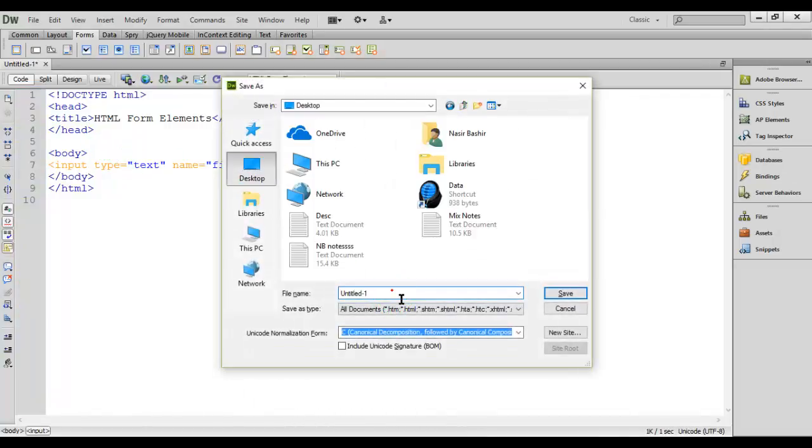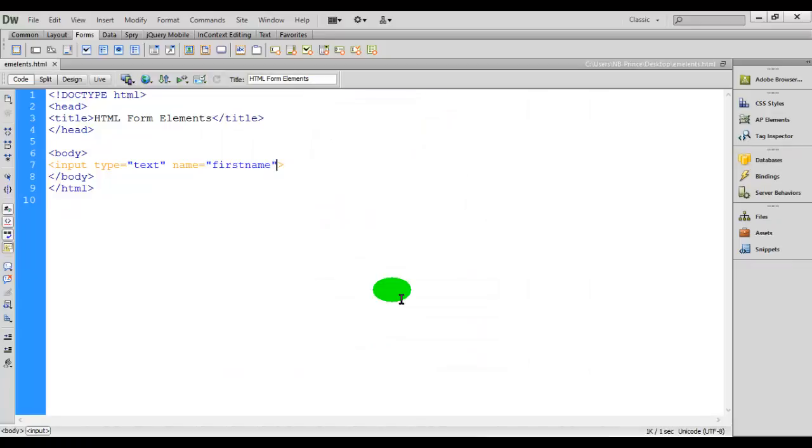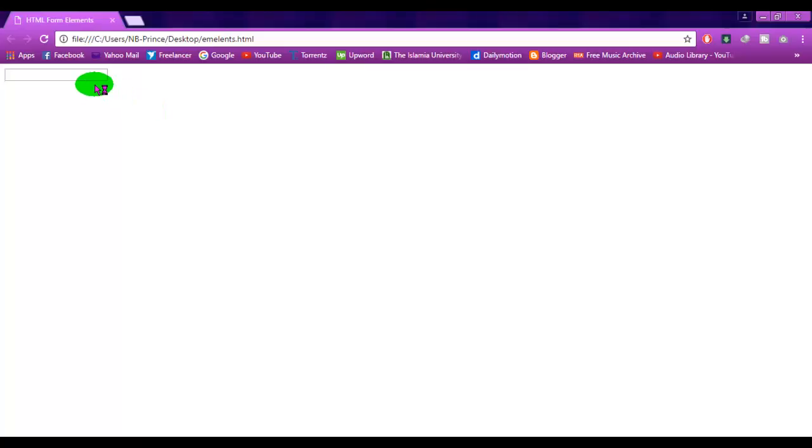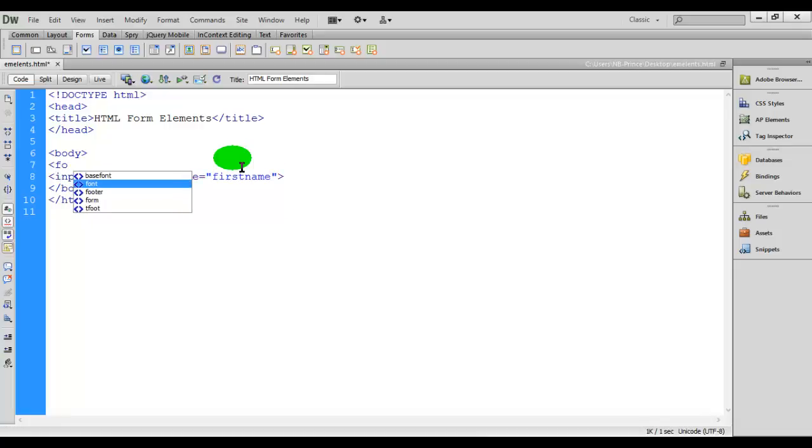Save this on the desktop. We have saved this document, and now check this in the browser, and you can see that the input appears in our browser. We should also put this input in between the form element.